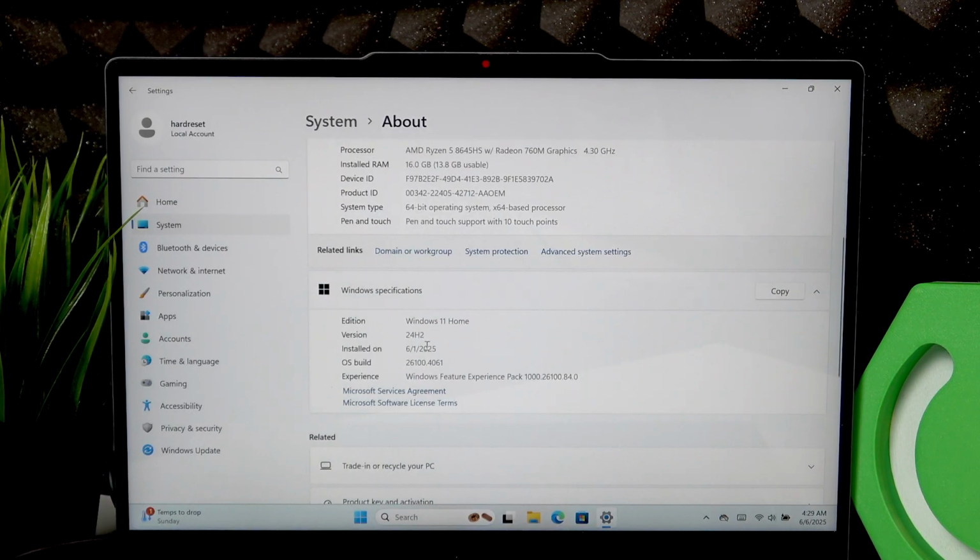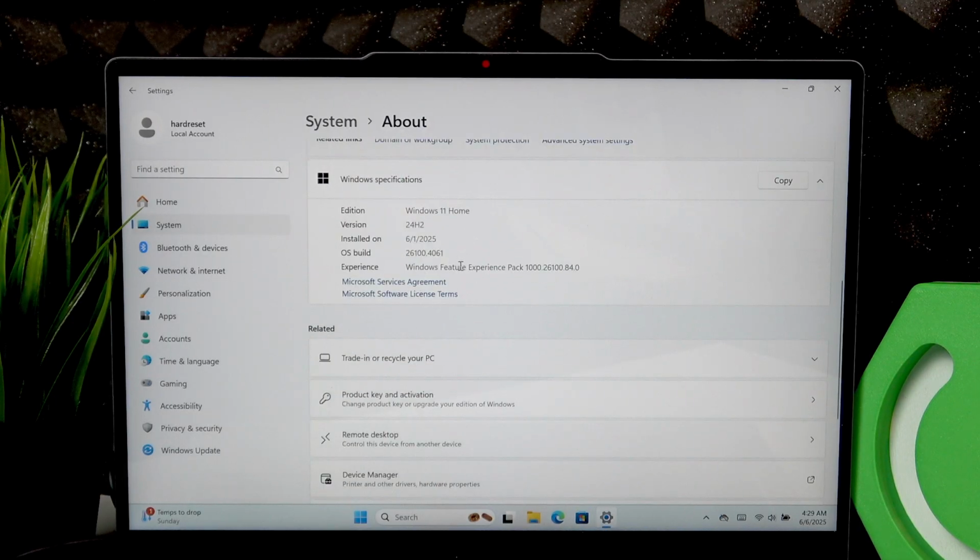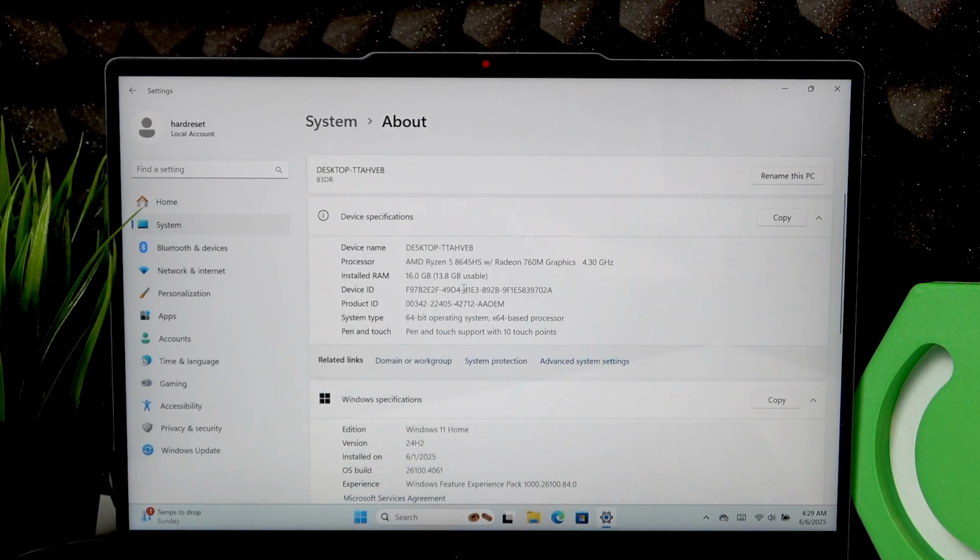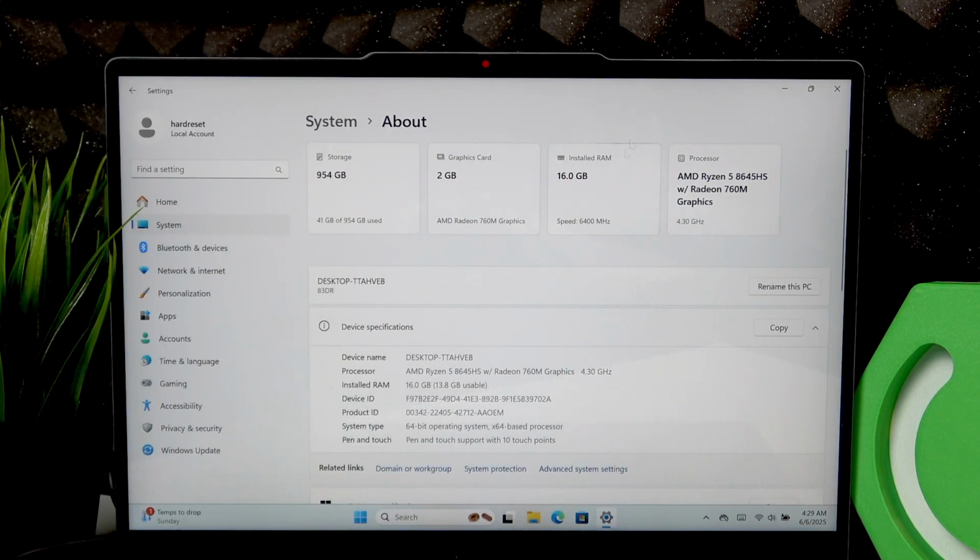You can also check your Windows specifications below, and that's basically it. And if you want to monitor your device's specifications in real time, right click on the